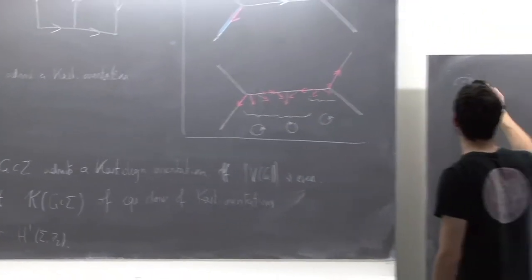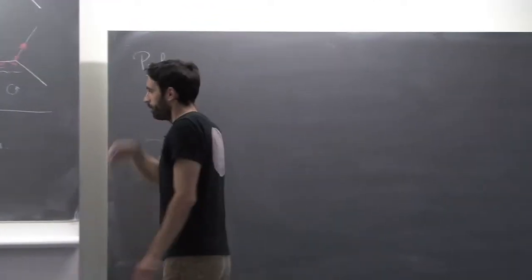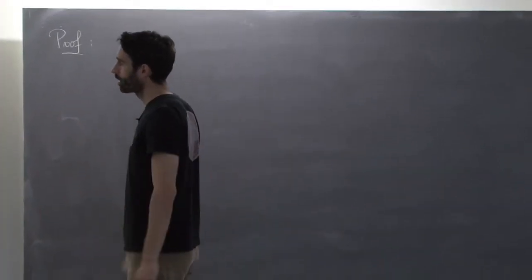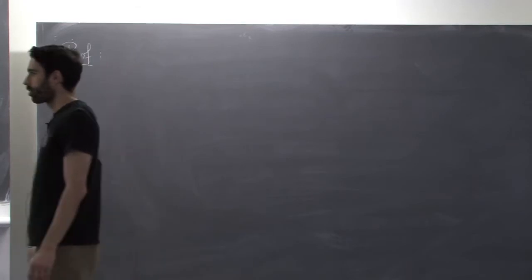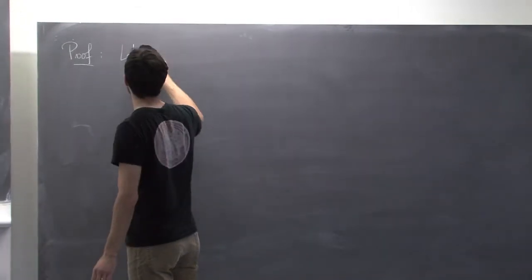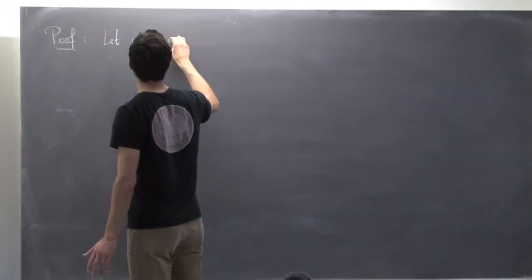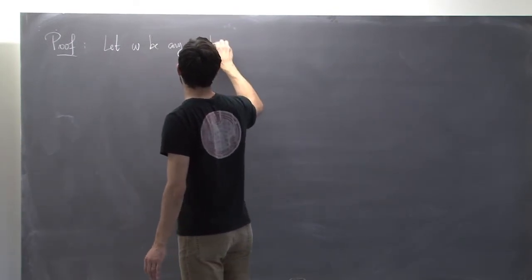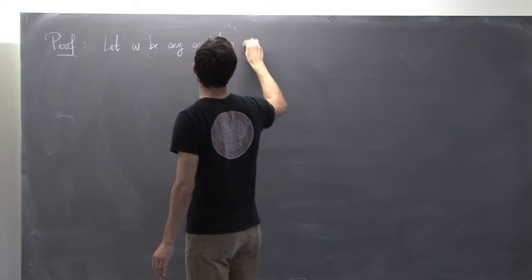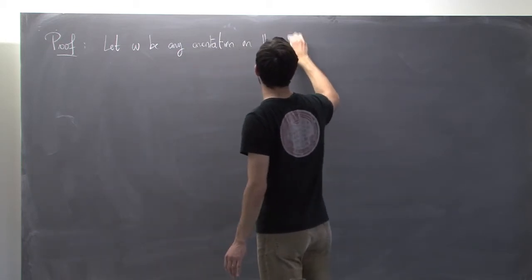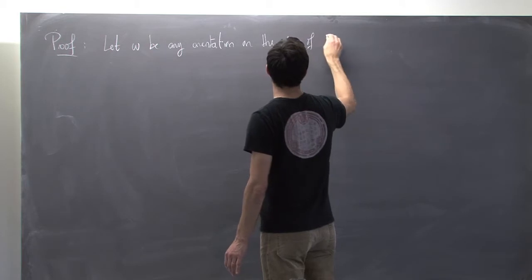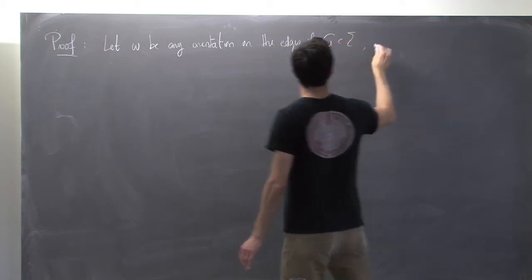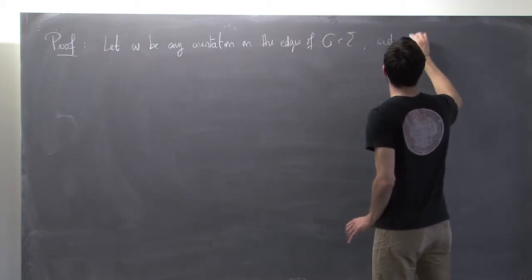Proof. Okay, so let omega be any orientation, an arbitrary orientation on the edges of G and sigma, and define